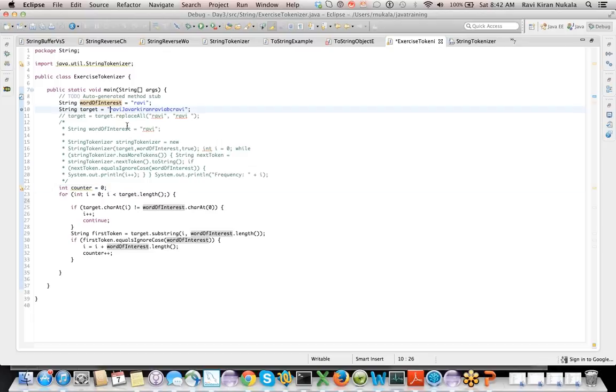To quickly check whether that works or not, we can put J here, so that will show us whether that works or not.